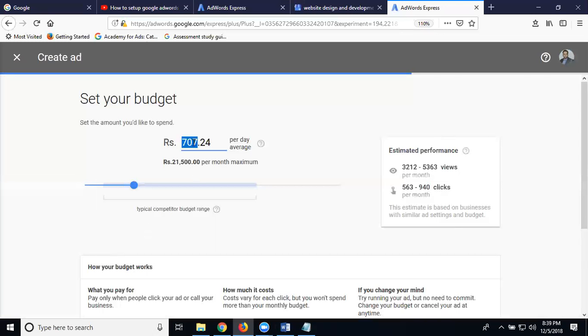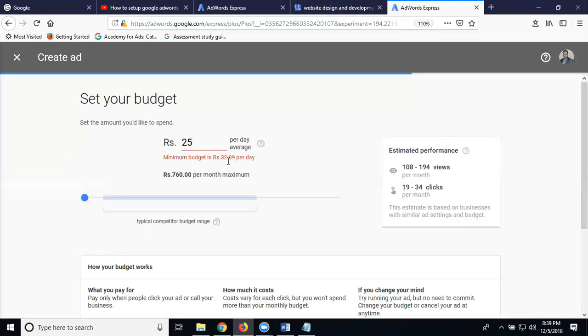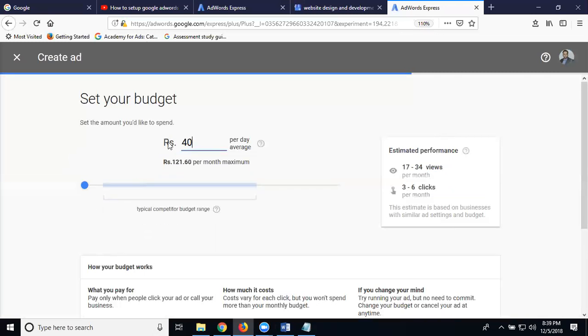Select your daily budget. I can select 25 rupees. What is the minimum per day budget? 32 rupees. So I'm adding 32. It shows 32.89, so I'm setting 40. The minimum will be set at 40 rupees. Monthly will be 1,216.